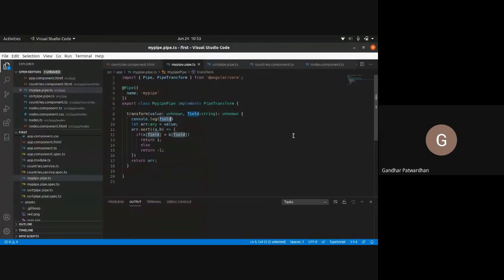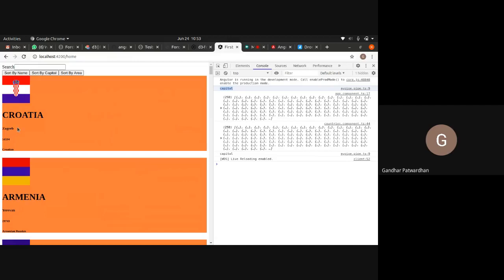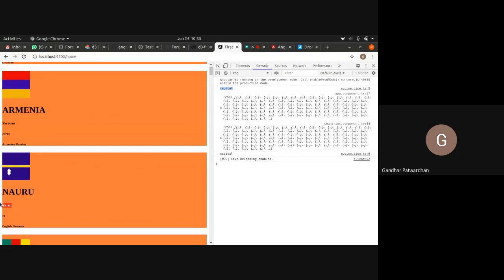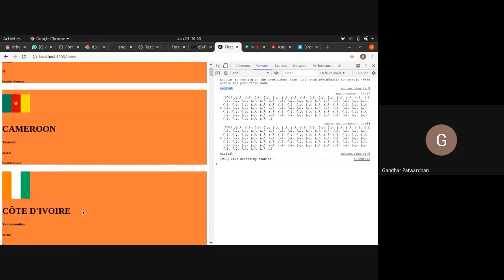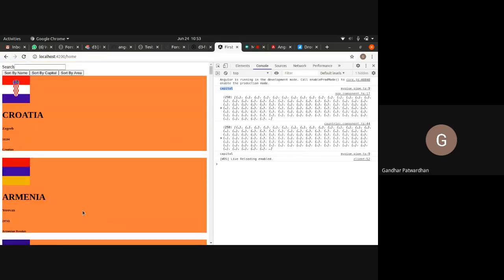So it is telling you to sort on the basis of this particular field. In this particular case, it is capital. If you can see, it is sorting on the basis of capital. We got Z, we got Y, we got again Y, likewise. So it is sorting in descending order. That is the reason this is happening.